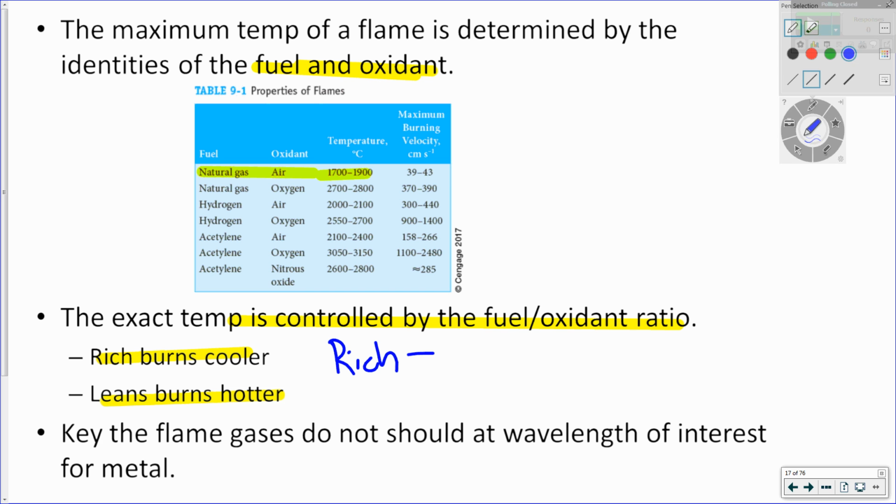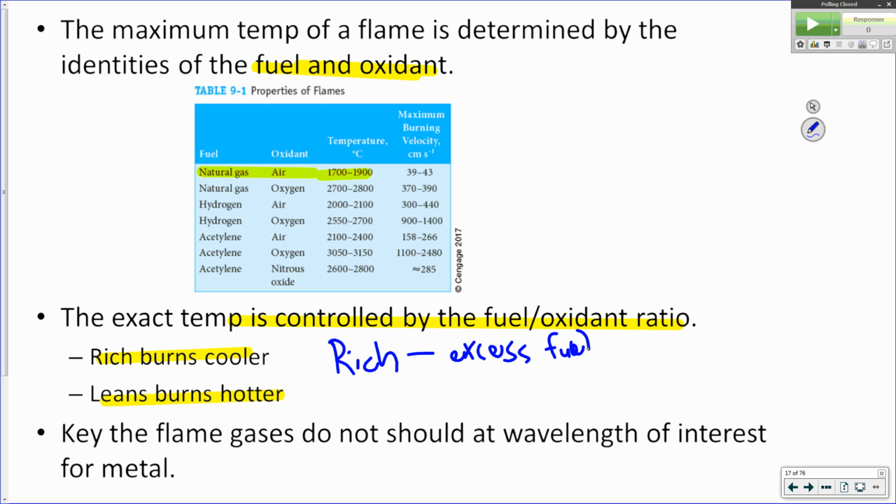Fuel, right? Okay, so if your car's running rich, it's got a flooding smell. You smell gasoline coming out of the tailpipe. So here that means there's excess fuel. And the converse is true for something that's running lean, it means that there's excess